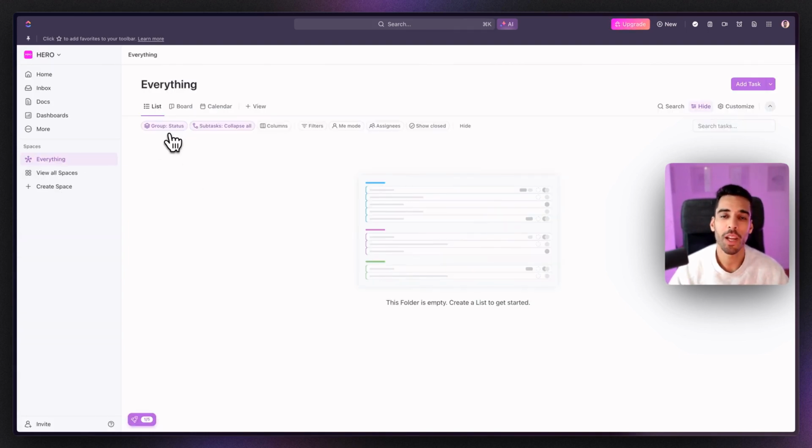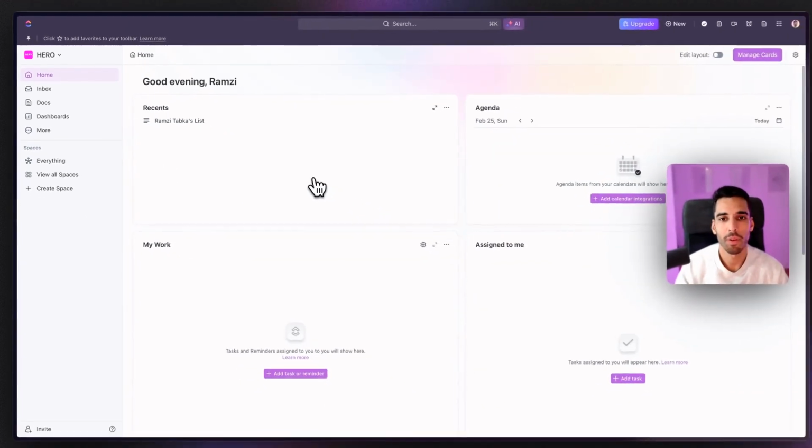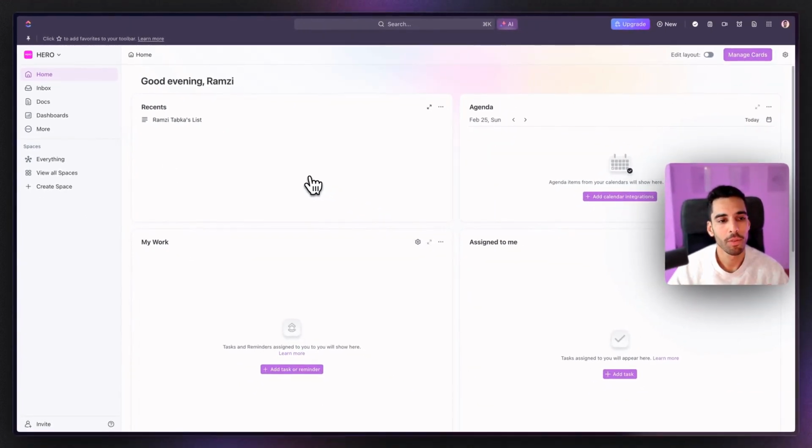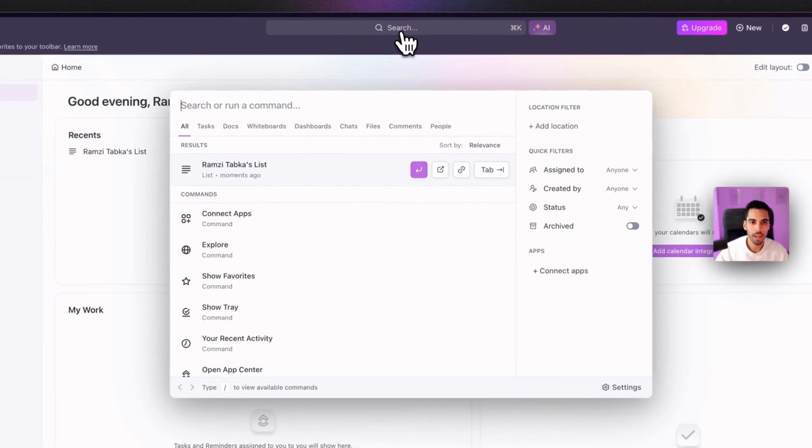Let's assume you've set up your personal settings, you've set up your company settings, and you're good to start working in ClickUp. The ClickUp UI is pretty simple and straightforward if you are just starting blank. Here on the top, you will have the toolbar, and the toolbar is a central place to access pretty much every feature of ClickUp. We can start with the search bar, and you can just click here on top or